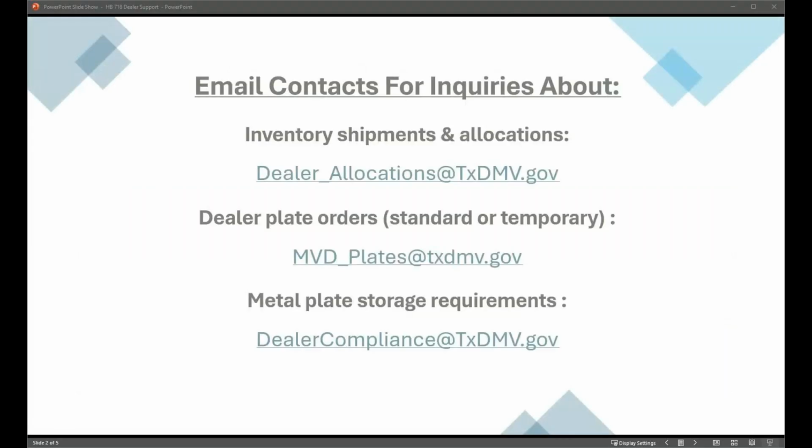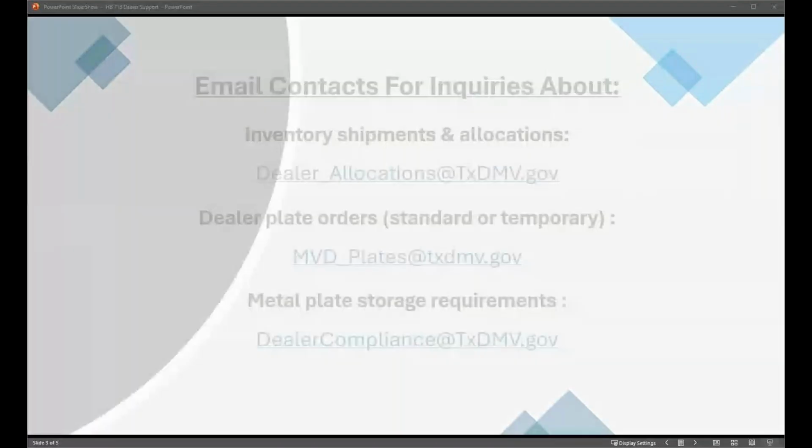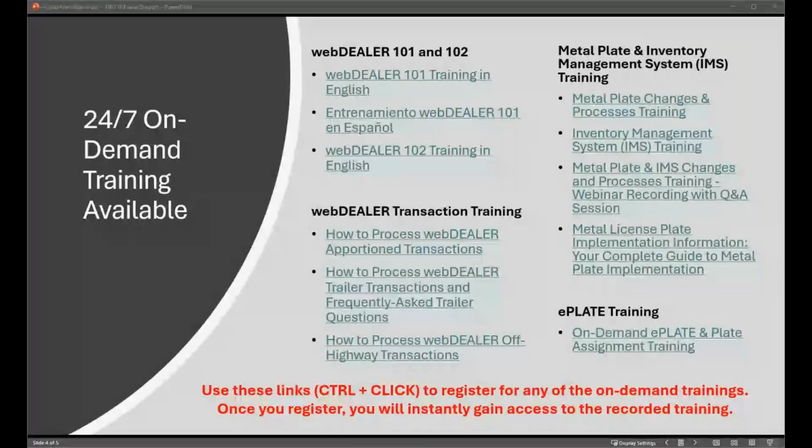Okay, if you have a transaction that the customer is going to be titling and registering here in Texas, you as a dealer are required to submit that transaction to the county. If it's going out of state, then you are providing them with the green out of state plate so that they can do the title and registration in their home state. So again, if it's going to be here in Texas, you do have to do the title work for them. You do have to submit that transaction through WebDealer.